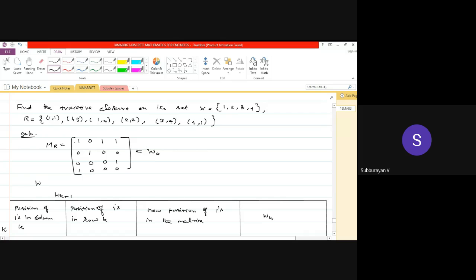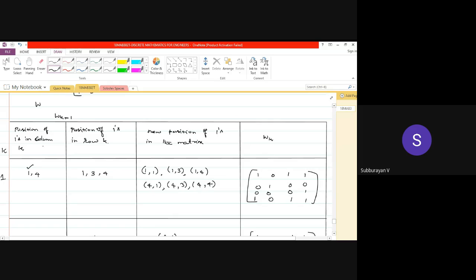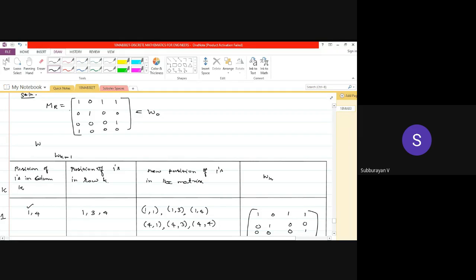For example, in the first column of the matrix, the first position and the fourth position are non-zero. Therefore, for the first column we write down the position numbers 1, 4. Similarly, come to the first row, identify the non-zero elements and find their positions: the first, third, and fourth positions are non-zero. Write down these position numbers, then make the combination.